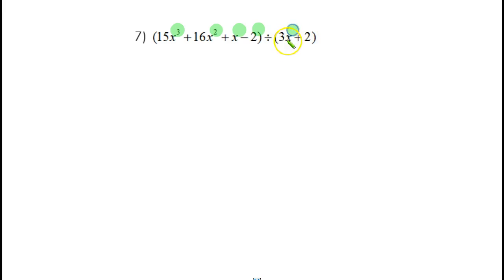I'm fine. I also want to do this with what I'm dividing by. Here I have an exponent of 1, x to the first. And anytime you have a constant, it's as if there was an x to the 0 there. So we can say that's an exponent of 1 and 0. So we've done the countdown and we're good. In another example today, we will see what to do when we're missing something. But in this problem, we don't. So as we work this out, it's going to be similar to the problems that we worked in the last video. So let's begin. We've got 3x plus 2